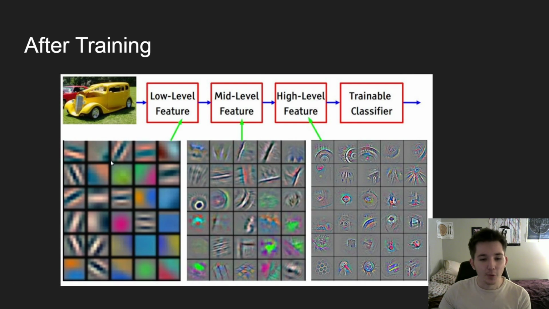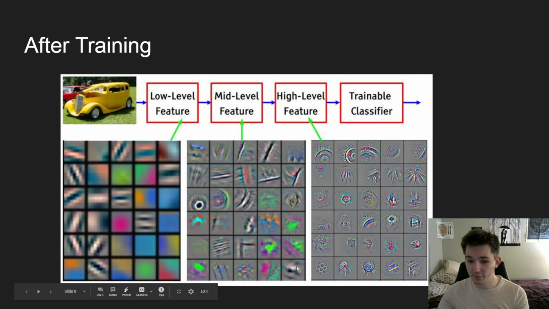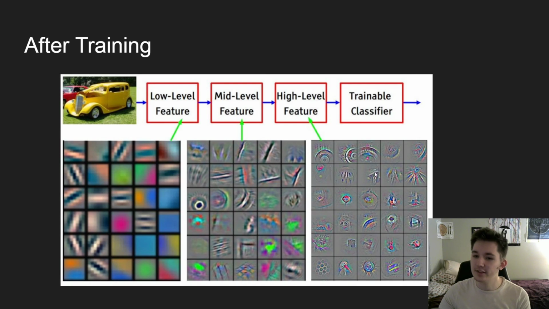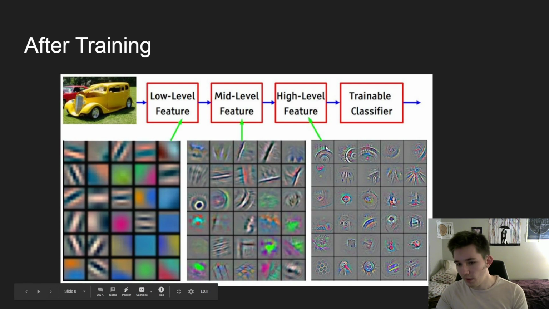So if we look at the first one again, we see that they're very simple things. They're like stripes, there's little colors, there's color blobs, and these are the sorts of things we're looking through across the image. So if we're looking for these stripes, we might look for like the undercarriage of this car, maybe the grill. So we look for very simple things with these first filters. Once we jump to the second layer filters, they get a bit more abstract. We can't really exactly tell what they're looking for because they're looking through this first layer too, so they're a bit more complicated. And of course we can look here and they start looking nonsensical. I mean, these actually look a lot like wheels. So this is probably trained on some car data set, we could presume,